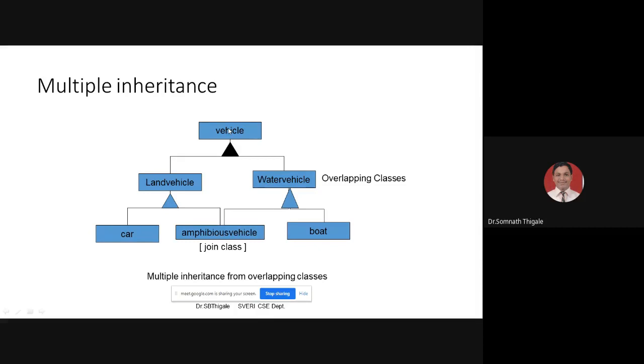This is the generalization relationship. This is the superclass, their parent class. These are their child classes. But this I'm representing as a joint class, with more than one class's properties. Though we are calling it a simple vehicle, it may have the properties of land vehicles and water vehicles. I'm just combining them to get the joint class. So, multiple inheritance.